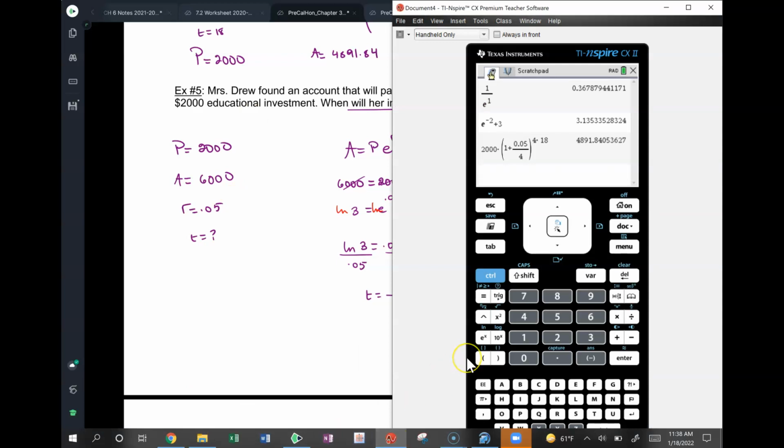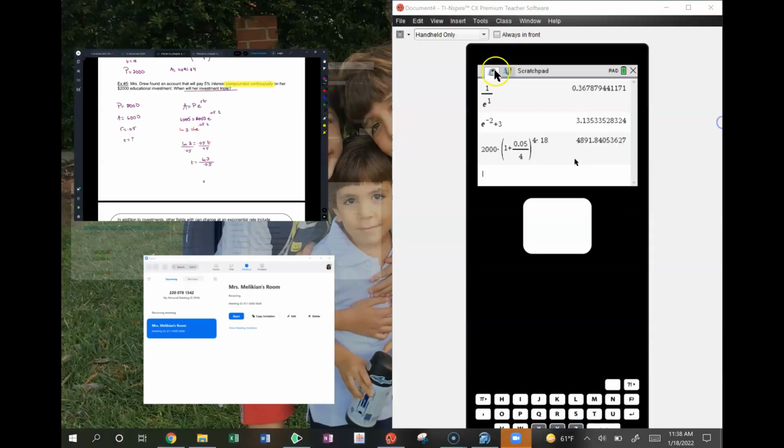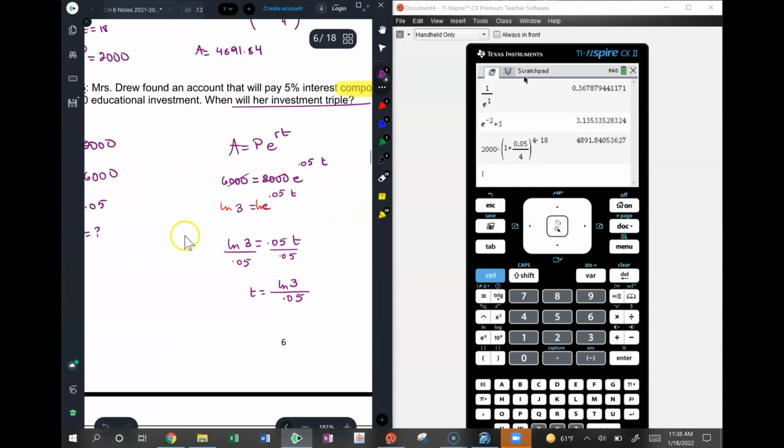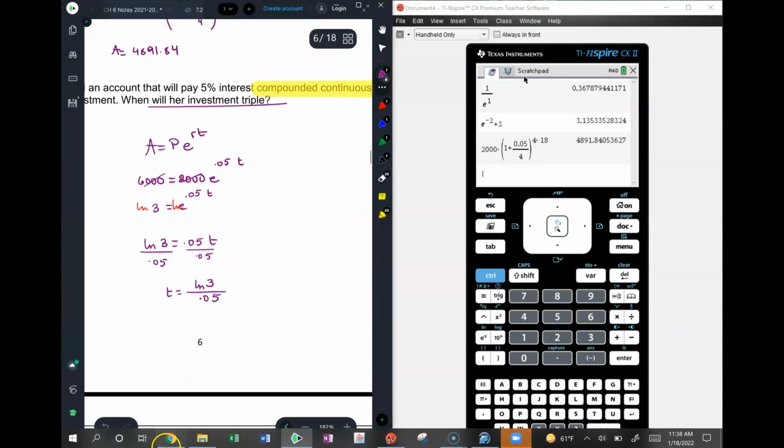So the exponent becomes a non-exponent anymore, I guess. Yeah. So this is what you did last year. Basically when you have 3 equals e to the power of something, you take ln of both sides. ln and e go away and you just have the 0.05 T left. How come ln cancels e? They're inverses of each other. We're going to go into it 2 more sections from now. So ln of 3